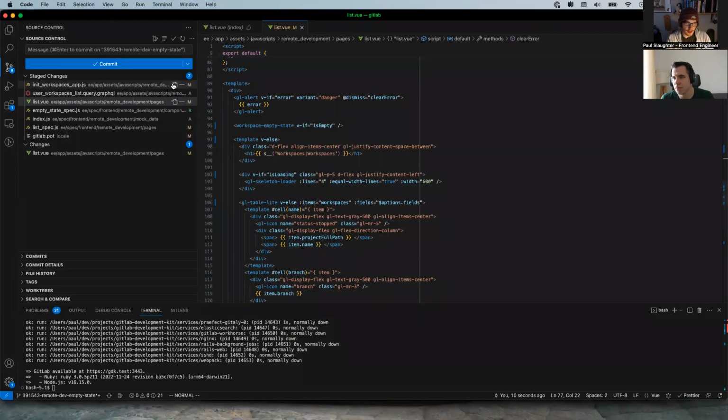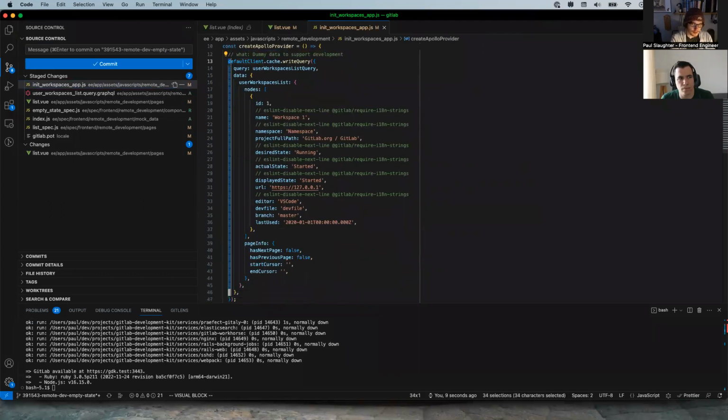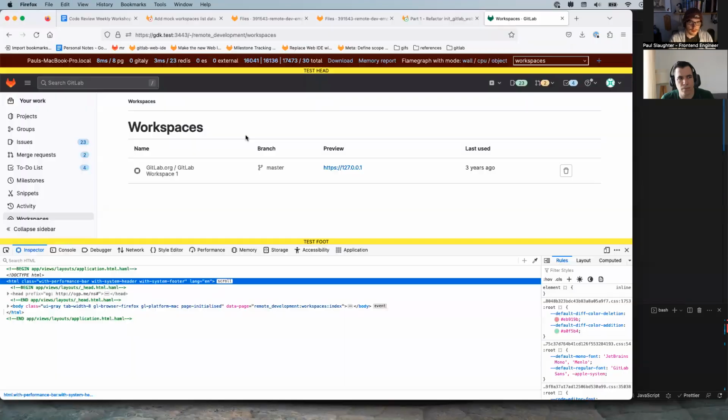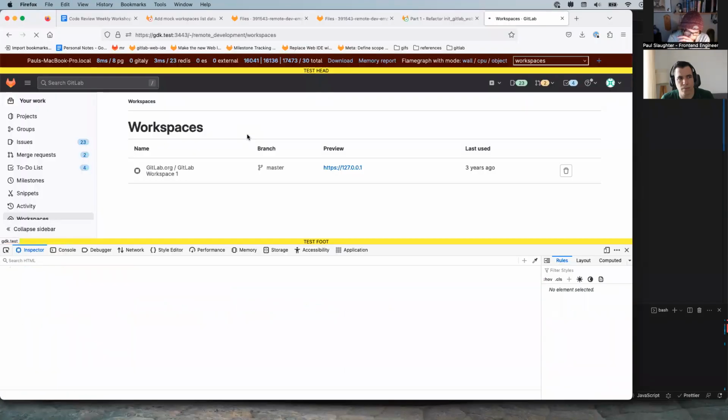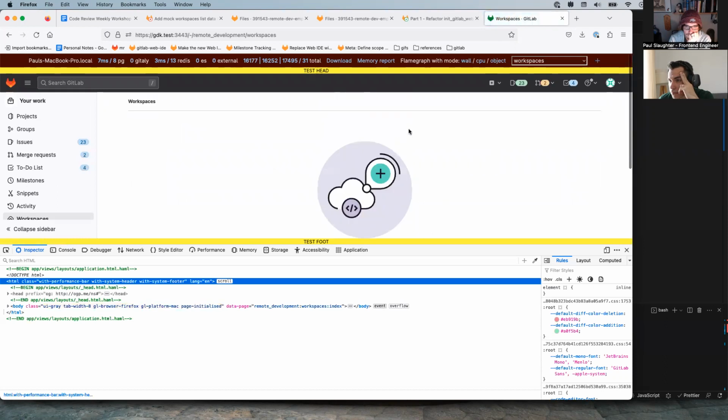And so then to test the other state, if we don't have any of this stuff, are we still showing the empty state? Let's see. Nice. Yep. Cool. All right.